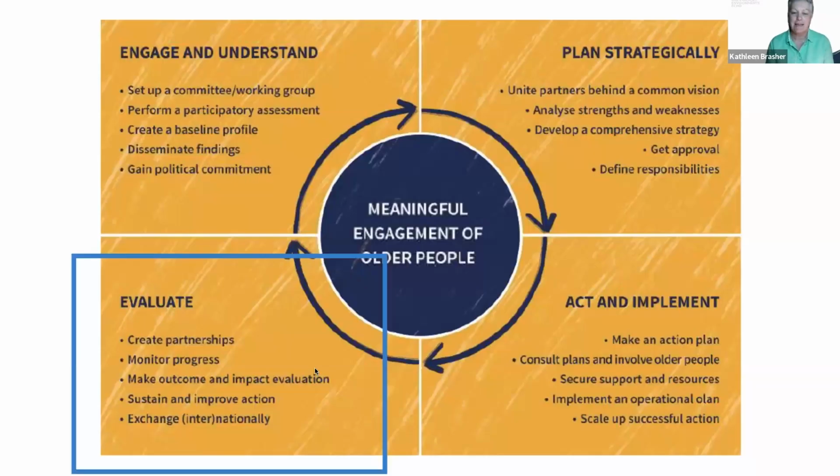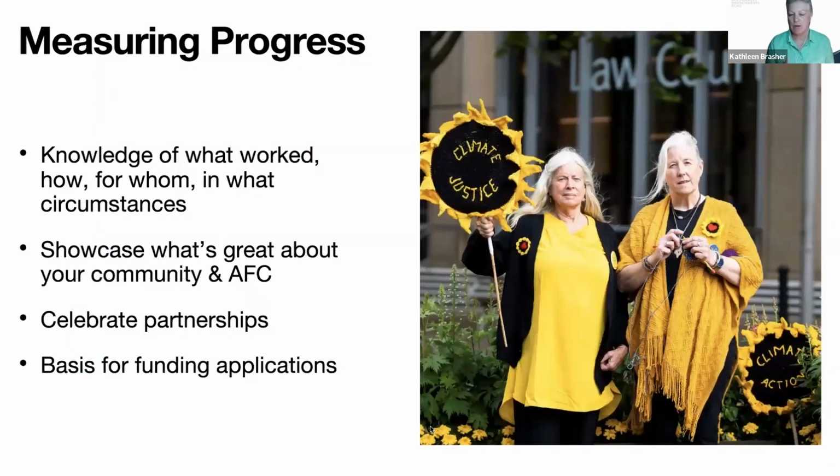So today is the final of the four-stage process, and this is the monitoring and evaluation part of the cycle. So monitoring progress is essential for this work, and it's critical for a number of reasons. Monitoring enables us to know whether or not our work has actually created an age-friendly environment. It enables us to celebrate the successes and acknowledge all of those who've contributed to the work. It helps us to grow and develop our age-friendly work.